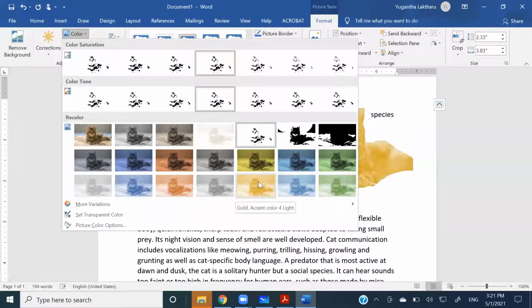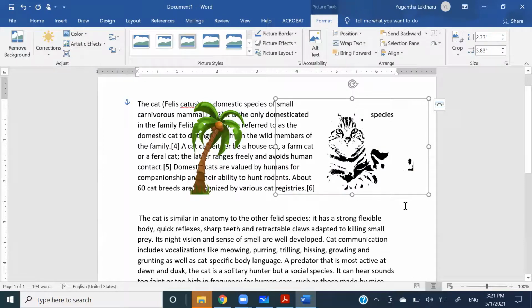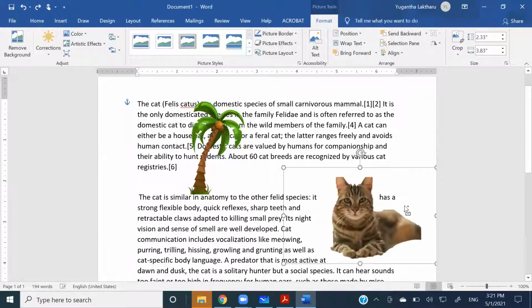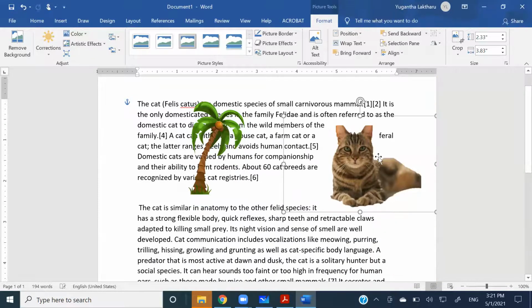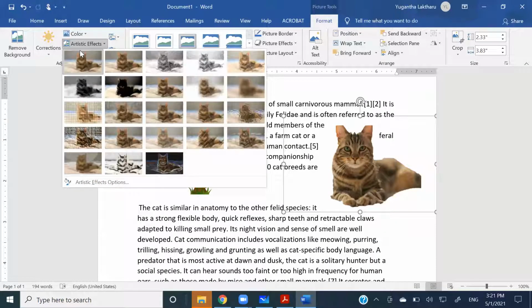And we can change the entire picture if we want, right? Or a part of a picture, right? So it's up to you to change the things and see, right? And there is some artistic effects as well, right? So like